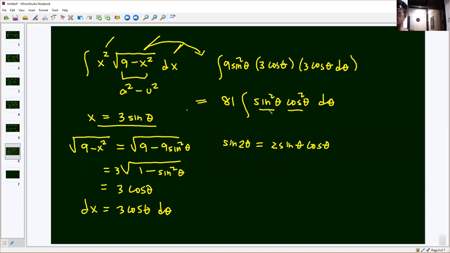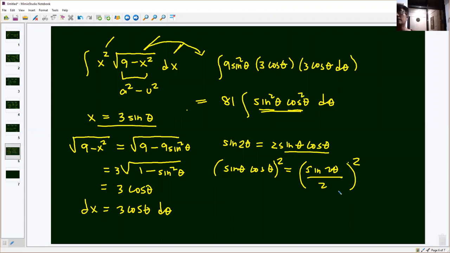So therefore, I can get that sine theta cos theta is sine 2 theta over 2. Right? And then, naka-square yung dalawa. Obviously, square natin. So there, naka-square. Right? So, mangyari, that becomes 81